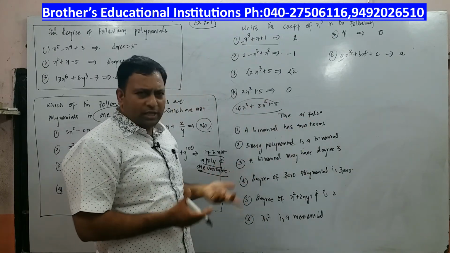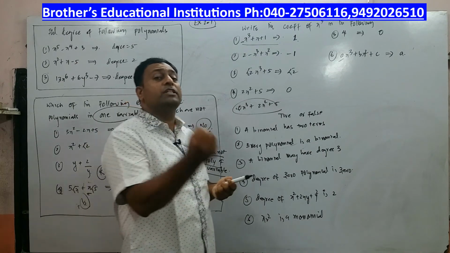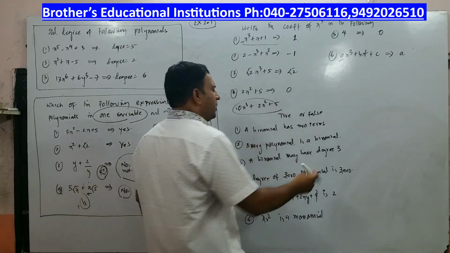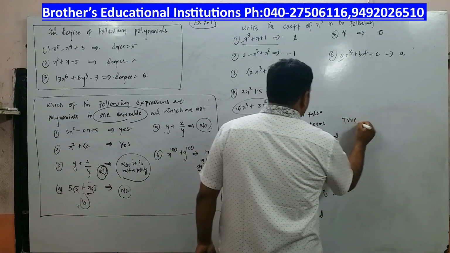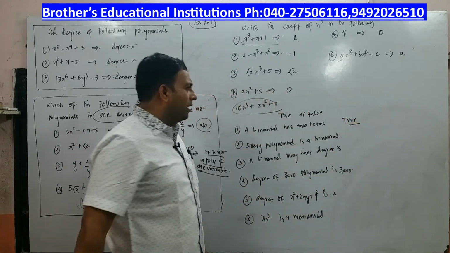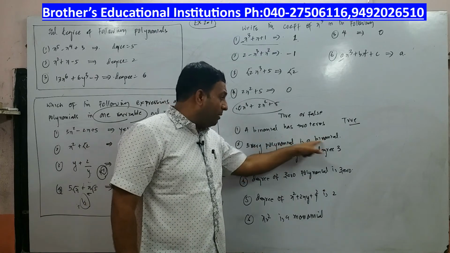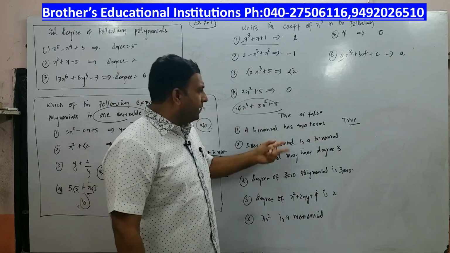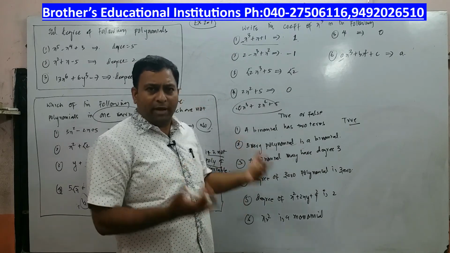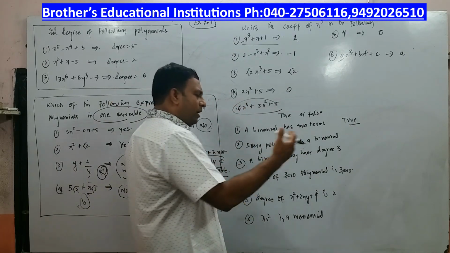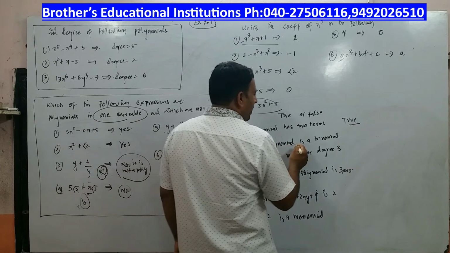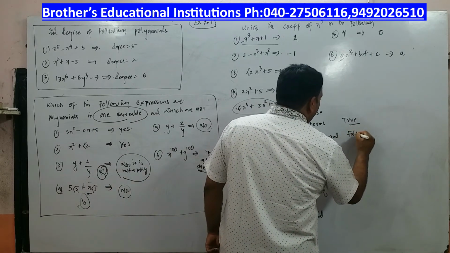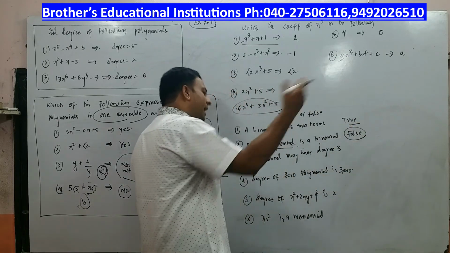Now let us see the next statement, true or false. If it is true, there is no issue, but if it is false, we have to justify why it is false. A binomial has two terms. Of course, the binomial is having two terms, and that is always true. Every polynomial is a binomial. See, every binomial is a polynomial, but every polynomial need not be just a binomial. It can be multinomial, it can be trinomial, it can be anything, quadrinomial, right? So every polynomial is a binomial is completely false, because it can be something else also.